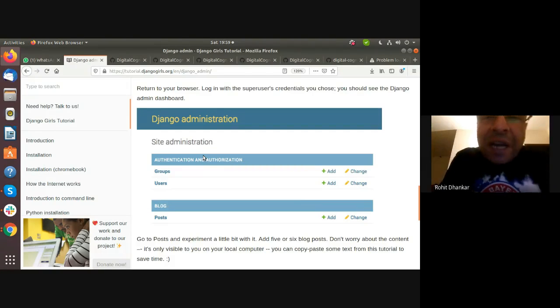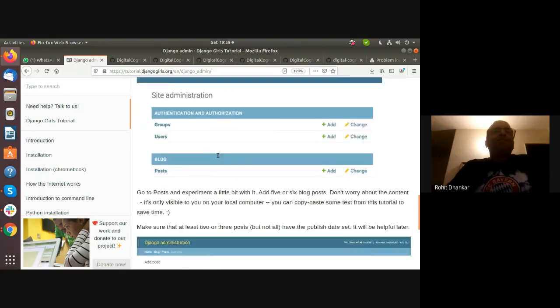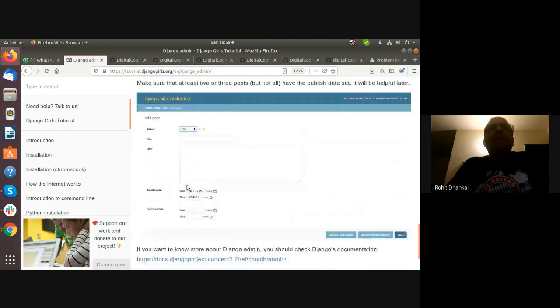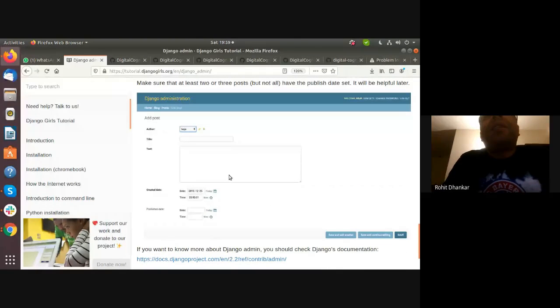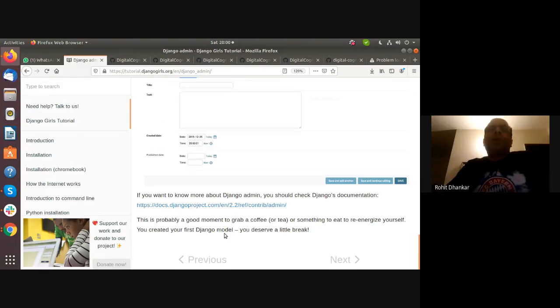Right now it could be slightly confusing, so I'll do that. And this is how you get to see some of the things within the model. Whatever you define in the model, if you have defined a date time field, a text field, a char field or whatever, all those things you'll get to see over here.